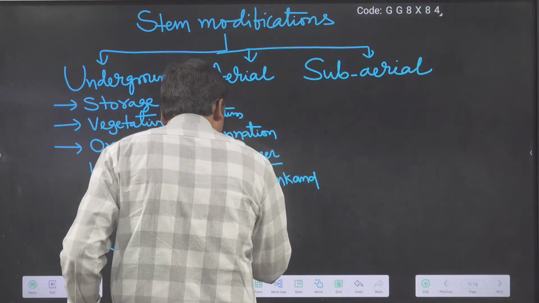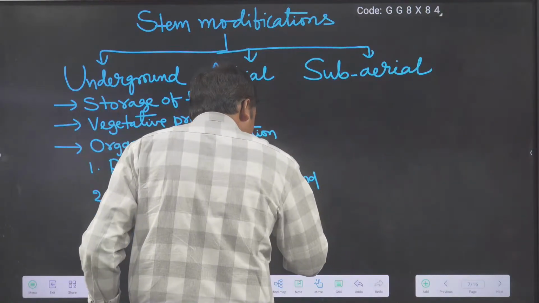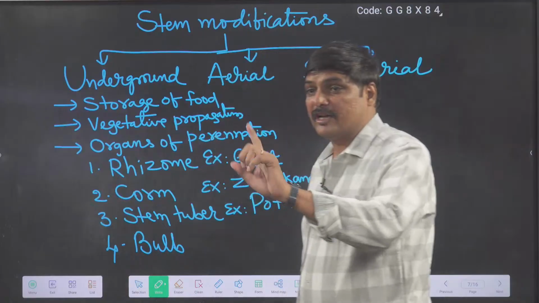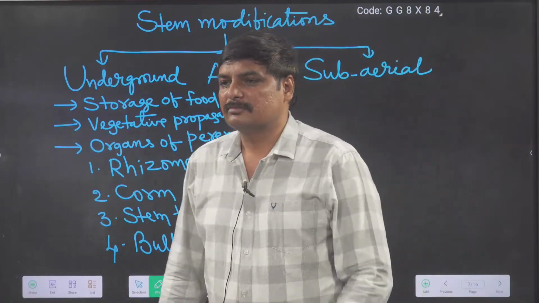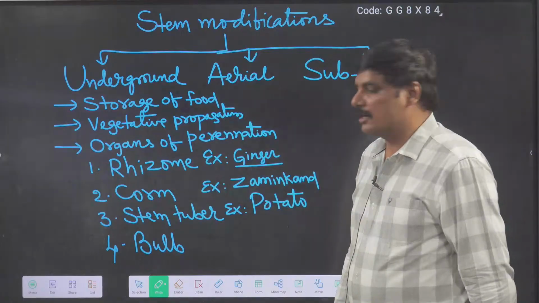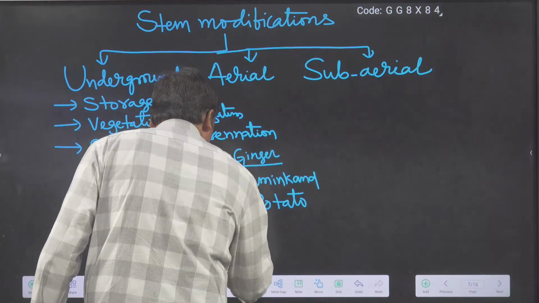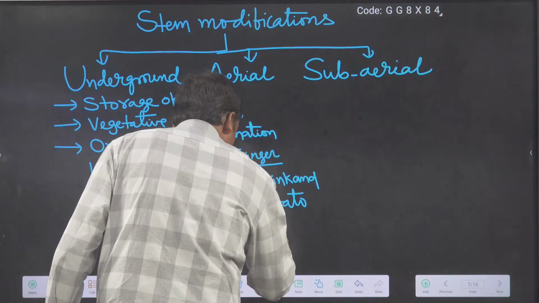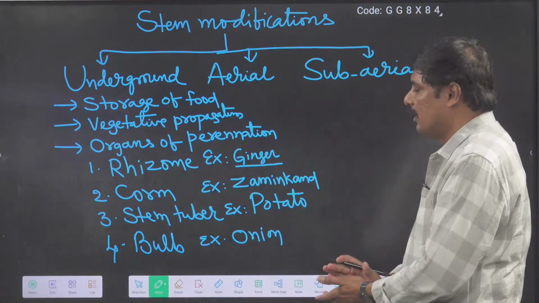Stem tuber, potato. Potato tuber is a stem. It is not a root because it contains nodes and internodes. And bulb is the onion, that is Allium cepa. So these are the examples of underground stem